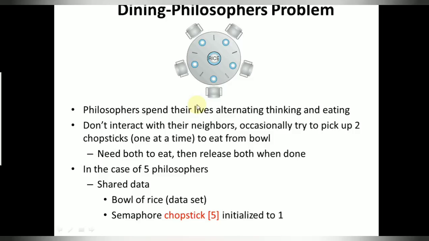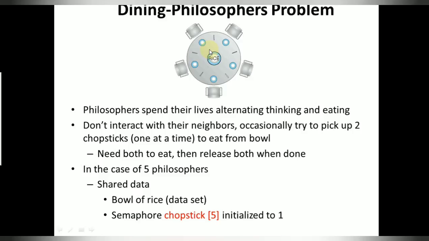Now, if a philosopher wants to eat, he needs 2 chopsticks. But you can see in the image here, there are only 5 chopsticks available. If there was a requirement of sufficient chopsticks, then for 5 philosophers I should have had 10 chopsticks. But here you can see in the image 5 philosophers are given only 5 chopsticks. So the philosophers shall be sharing the chopsticks.